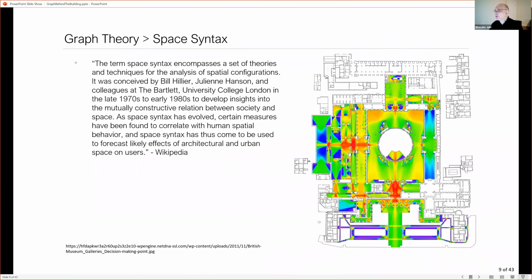And once you have graph theory, especially when you apply it to buildings, you can spawn all sorts of research areas. And one of them that has been going on now for some time, sometimes maligned, sometimes lauded, you'll make your own opinion about it. I don't pretend to be either a supporter or a naysayer regarding it, is the idea of space syntax. And you can see it in the wording, that it's about space, and it's about the syntax of the space, the logic of it, or how it is formed almost as a language.